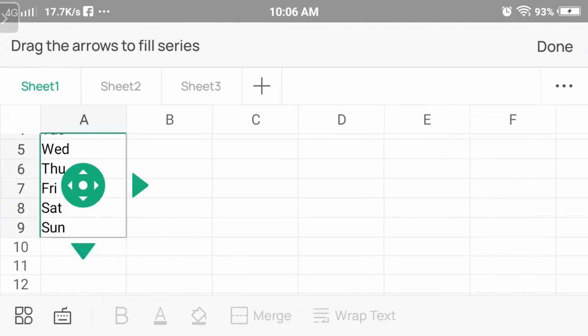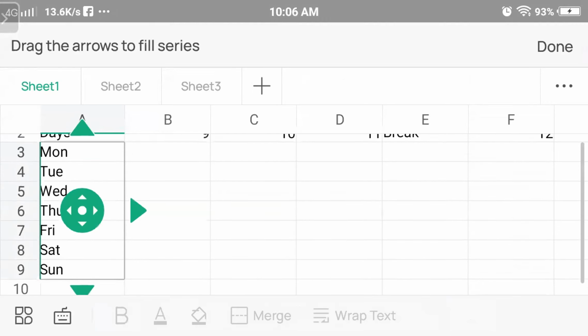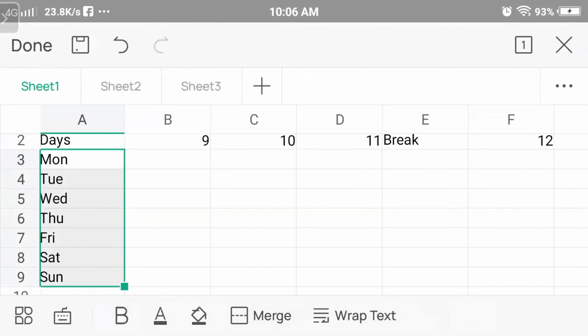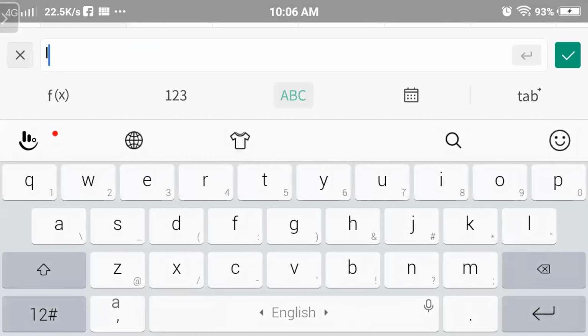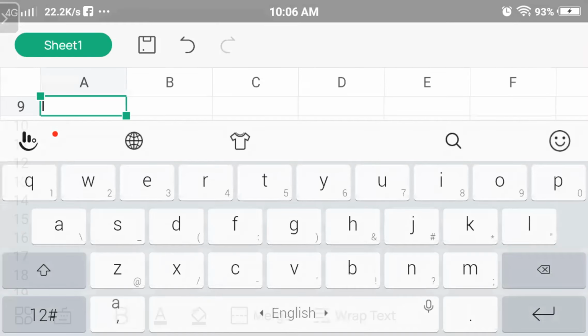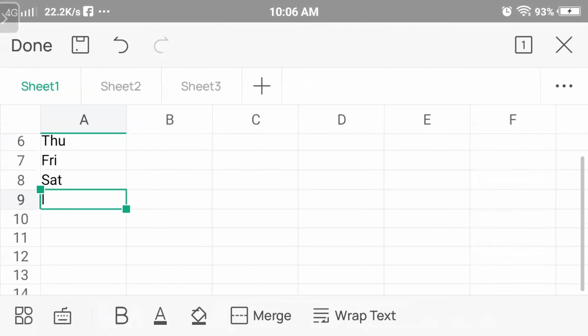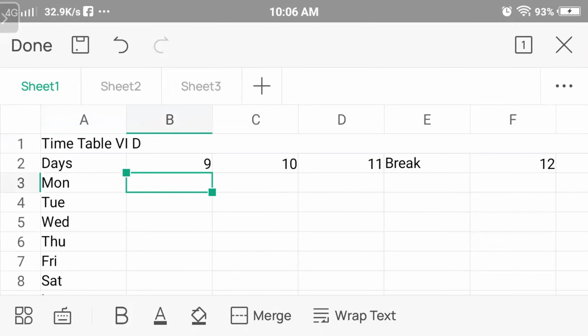Till Saturday. Okay, now here you can start writing your मतलब subjects.